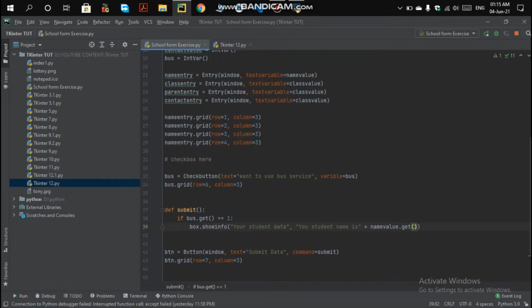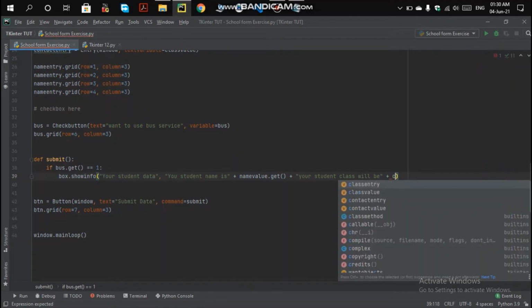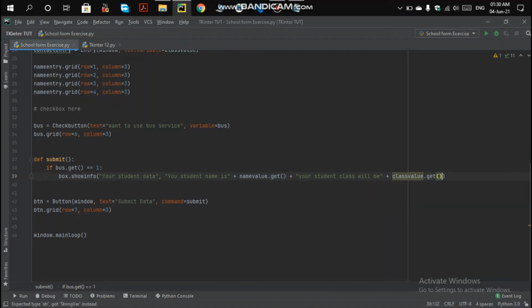So basically, next we want to concatenate. Your student name is name value.get, and the next will be your student class. I'm going to concatenate the next string, that will be your class value. So class value.get.